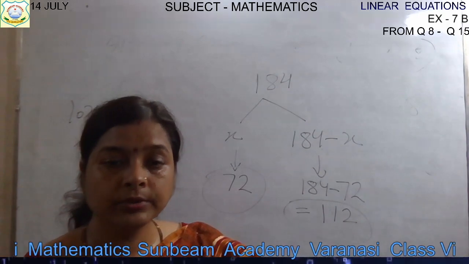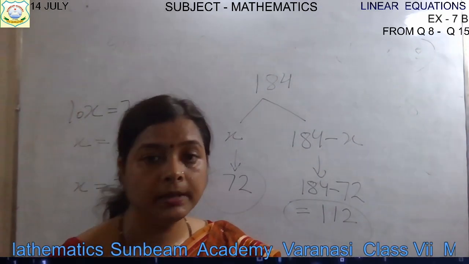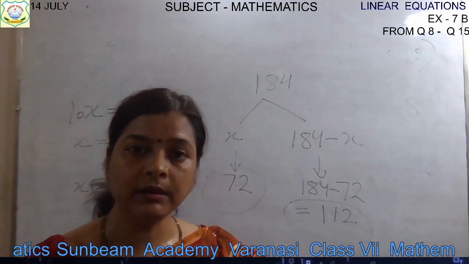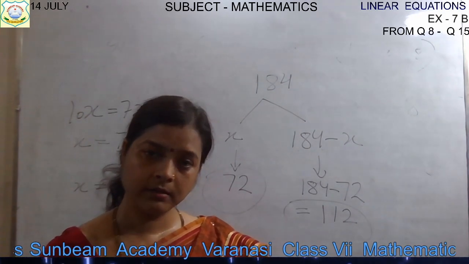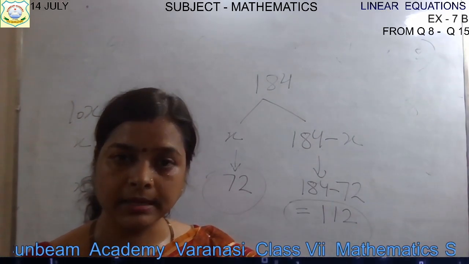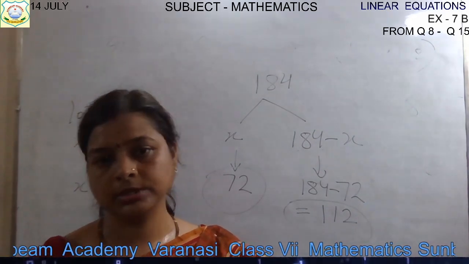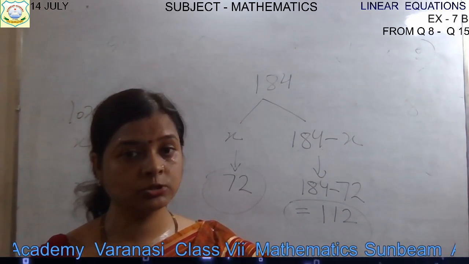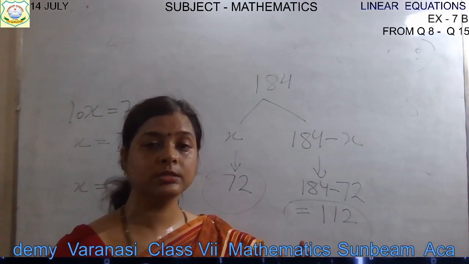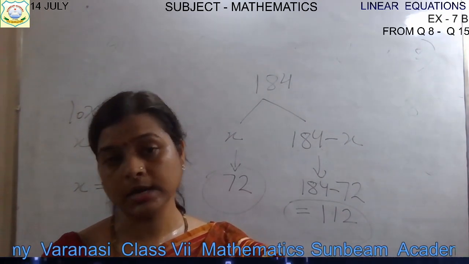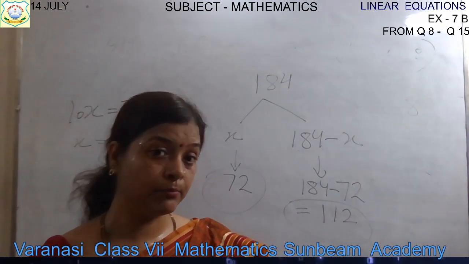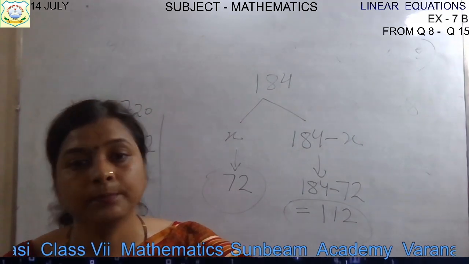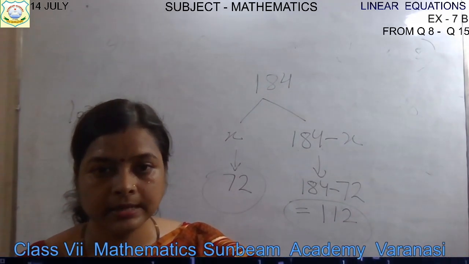So what will be your today's homework? Today's homework will be, you have to solve from question number 8, then 10, then 12 and 14. Clear? Question number 8, question number 10, question number 12 and question number 14. This is your homework for today. Children, please solve it. Have a revision of these questions, and then in tomorrow class we can revise with some more questions based on applications, based on word problems. Okay? Till then, take care, children.